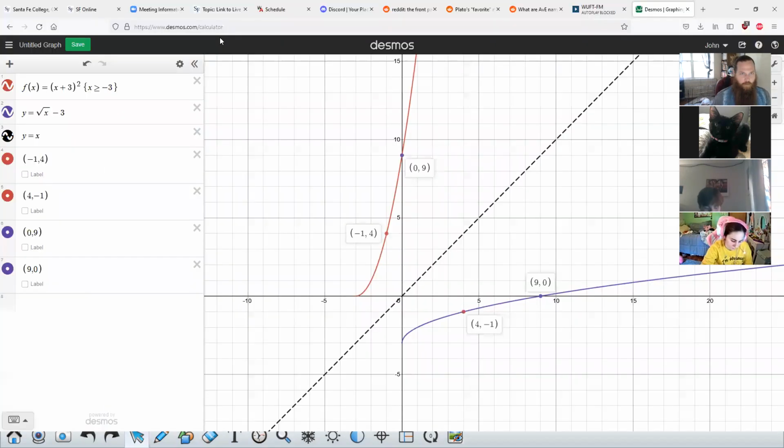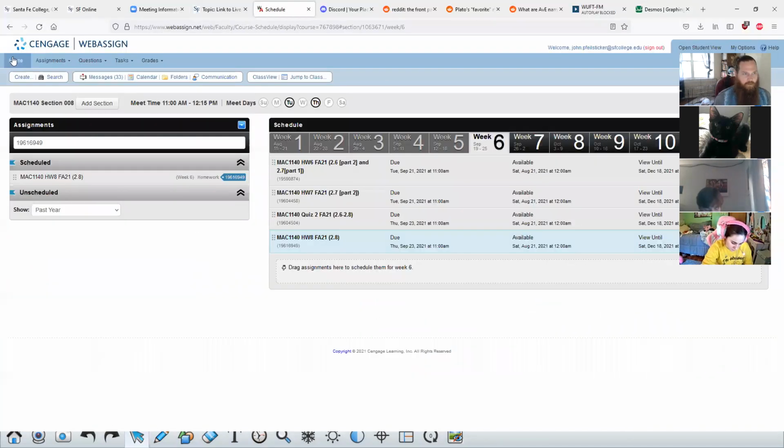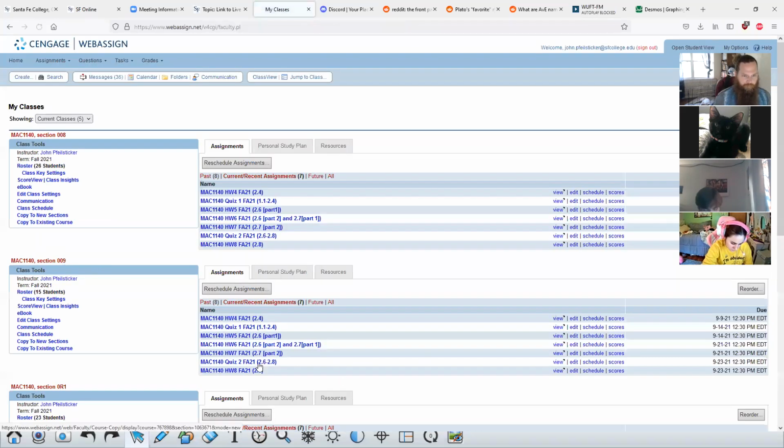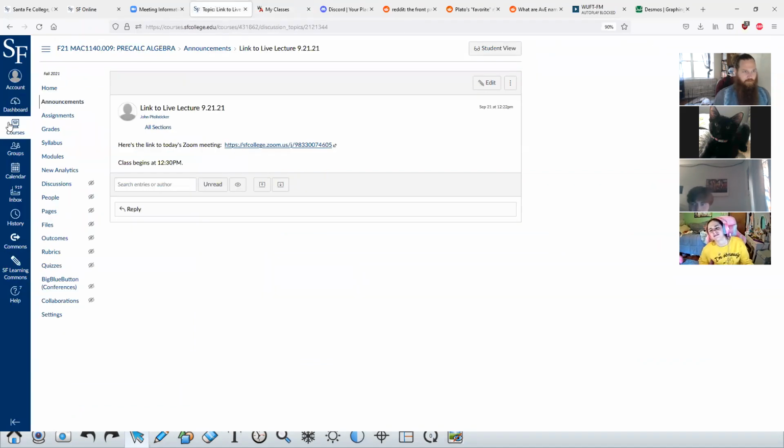I have opened for you some new stuff. This is section 008, but they've got pretty much the same schedule you do. So you'll notice a few things since our last meeting. Last time I opened up quiz 2 right after we met, and I today opened homework 8 for you. And this is the last assignment you're going to have before the test. Also, if you go to your modules,